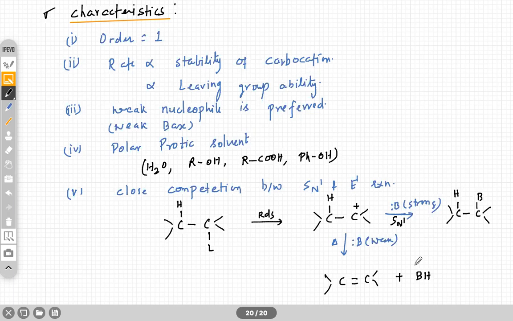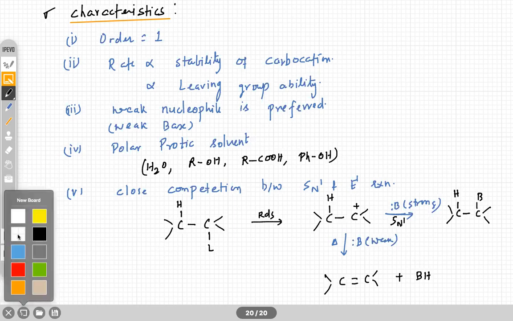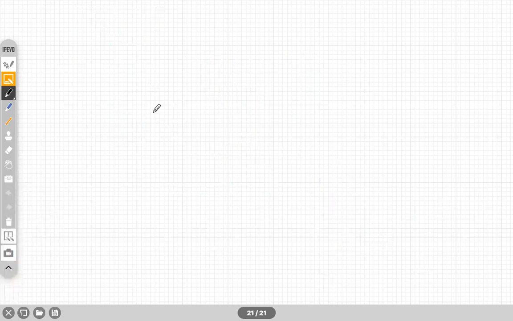Right? So these three are the favorable conditions of SN1 and E1. Like I said, formation of stable carbocation, polar protic solvent, and good leaving group. These three properties are common for both reactions, SN1 and E1. So if I write down here the favorable condition for SN1 and E1, because this relative understanding is very important for this reaction. Okay, so write down here the favorable condition